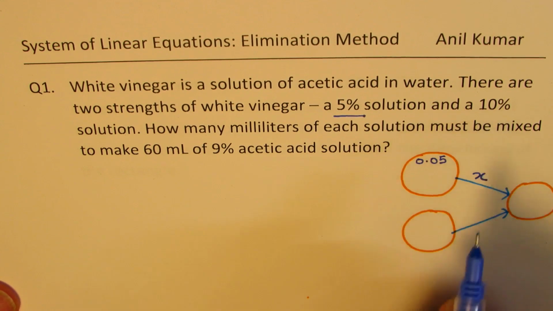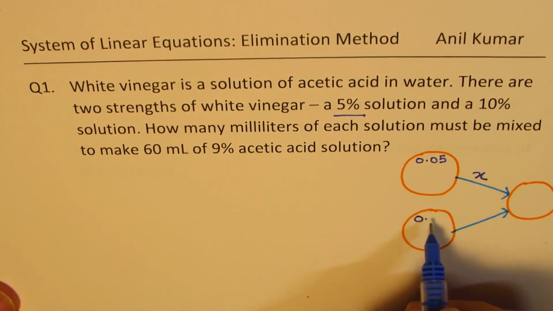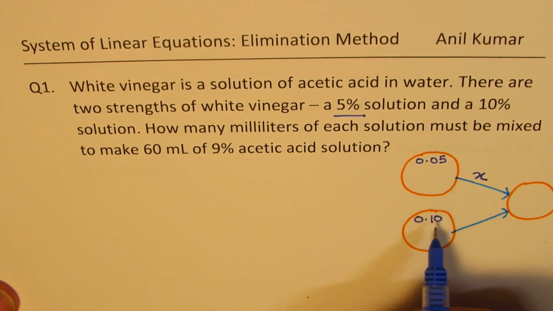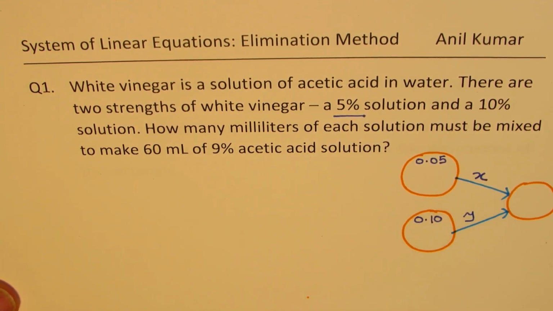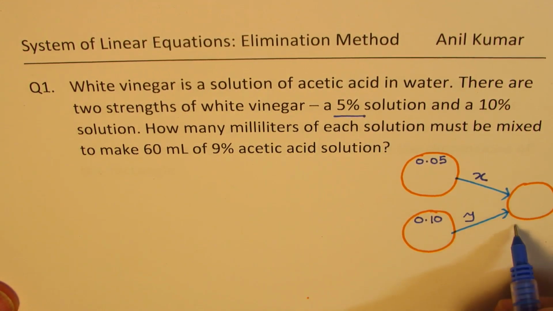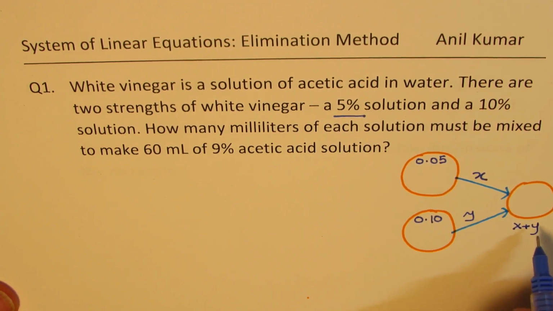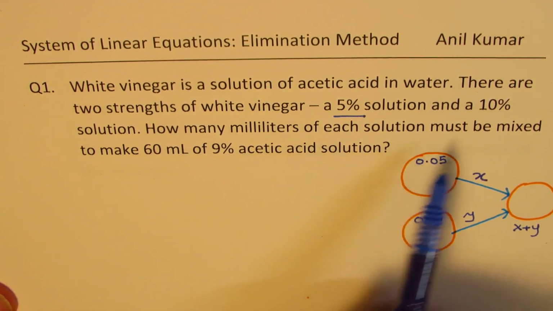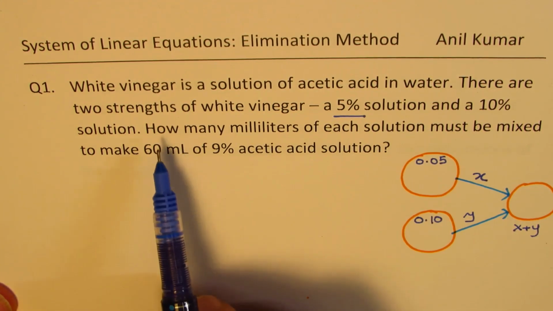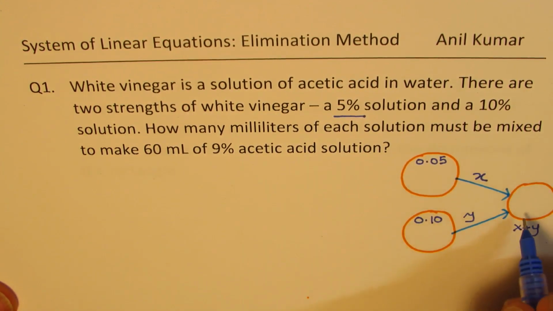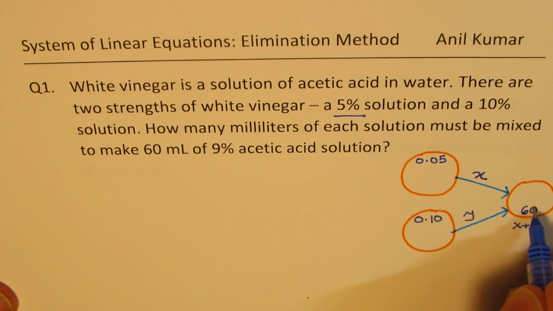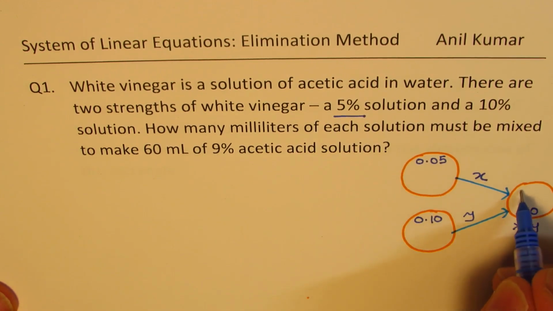For the other one, it is 10%. So 10% I'll write as 0.10. So percent being converted to decimals, right? Let us say Y of this is being mixed together. So what you get here is a quantity which is X plus Y, right? But we need to find how many milliliters of each, that is X and Y, must be mixed to make 60 milliliters. So we want this to be 60 milliliters of 9%. 9% is